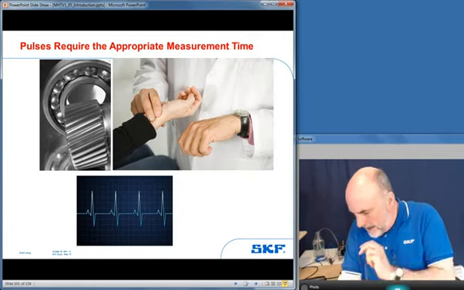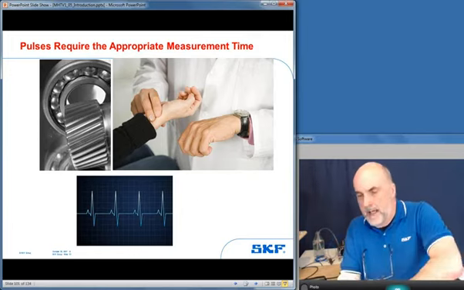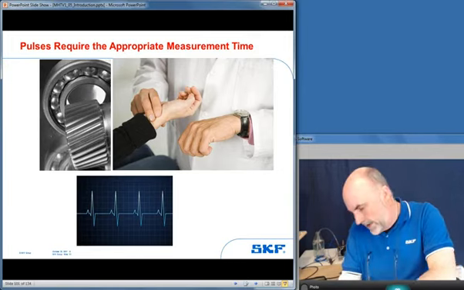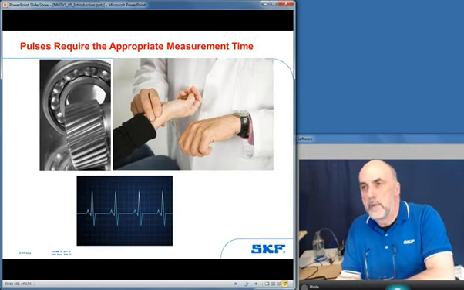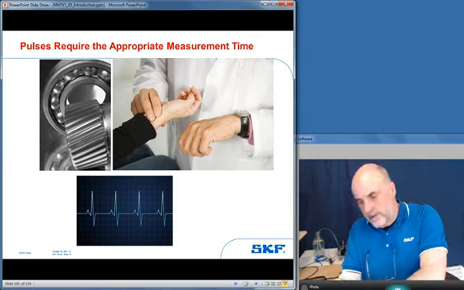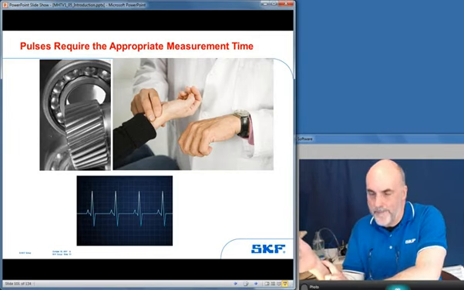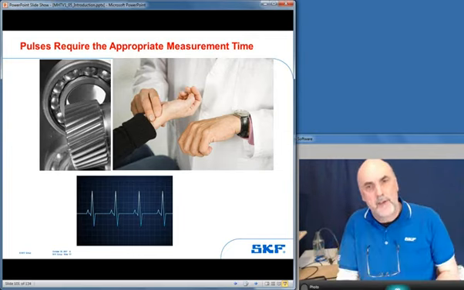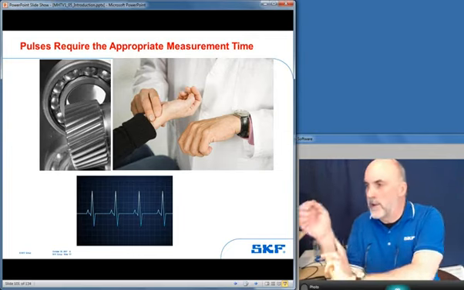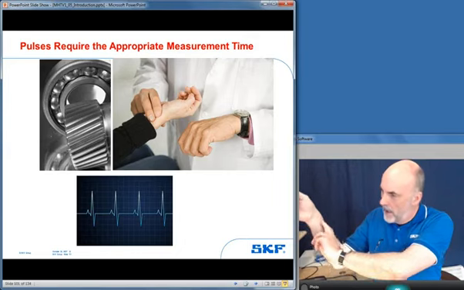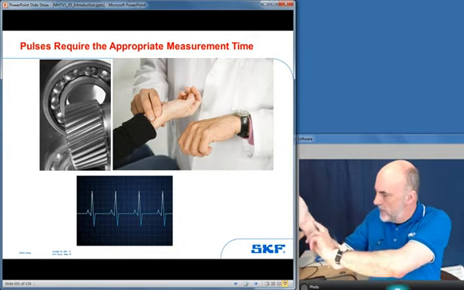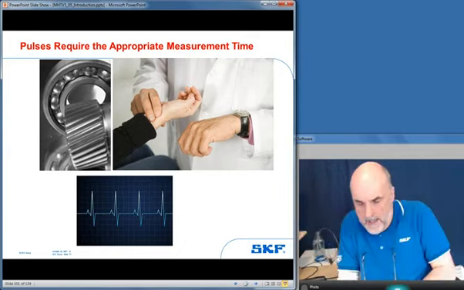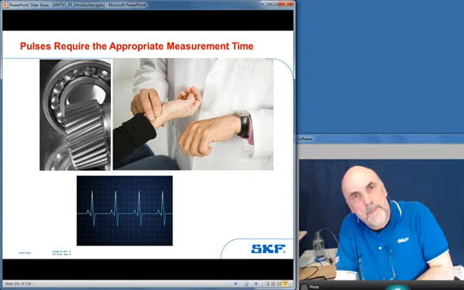As a hobby, I am a first aider, and if I'm called upon to look after somebody who's ill, one of the early jobs of work that you need to do is measure somebody's pulse. This is audience participation, ladies and gentlemen. You can all do this yourselves. What I want you to do is measure your own pulses. Put your fingers on your radial pulse, just in line with your thumb, and measure your pulse.